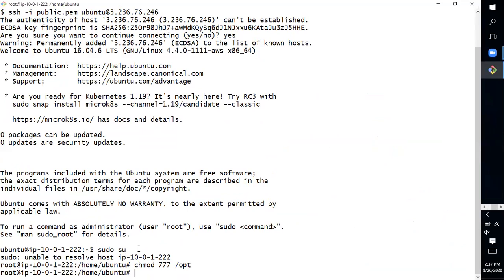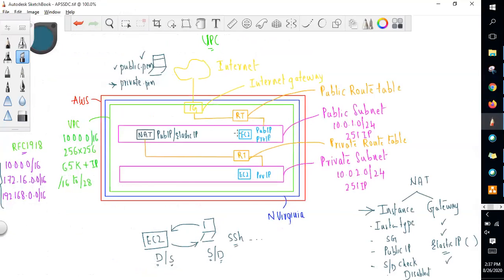I'm just giving super user access because I'm changing the permissions of the OPT folder. The OPT folder is a folder which is already there in a Linux machine. You need not create it. So that is the reason what I'm doing. I'm giving read and execute permissions to the OPT folder so that it will allow me to copy the private instance's PEM file into this machine.